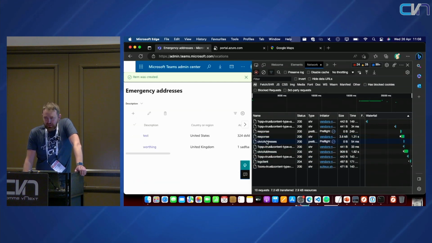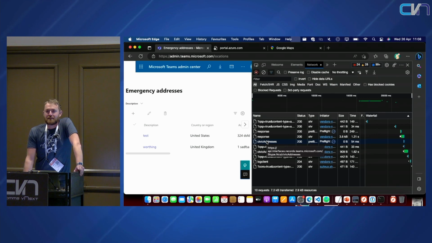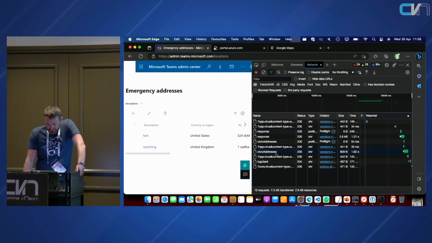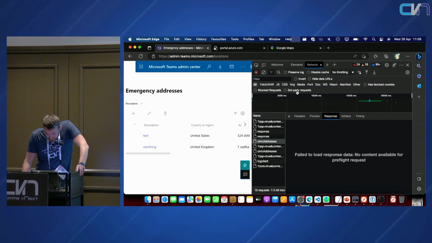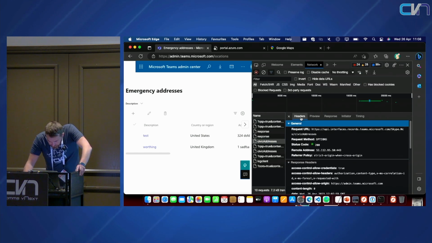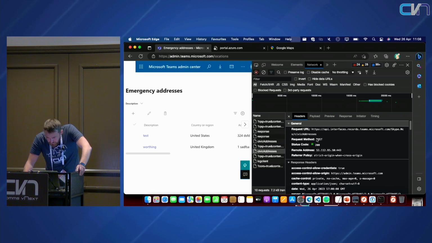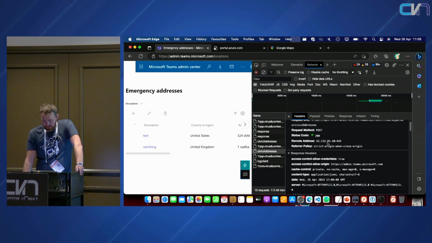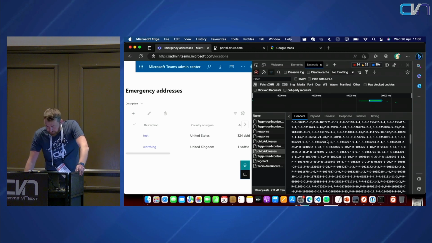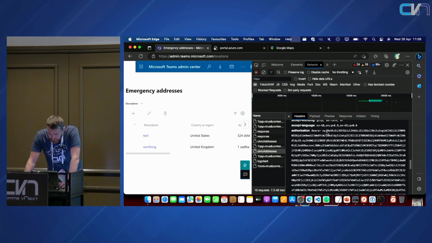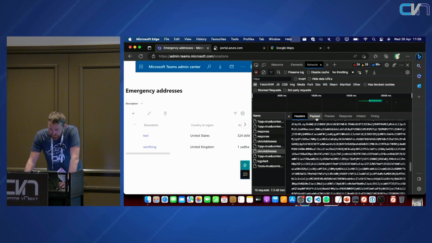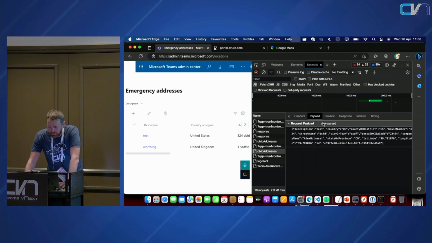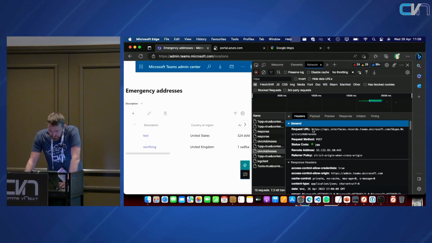And how many know about Graph API and what API calls do? A couple there. So if you take a look at this one in the header, this is the options request, but we want the post one. And here you can see the request URL goes to a private Microsoft API. It's a post request. And if we scroll a bit further down, you can see an authorization token. If we go to payload, we can also see the JSON request that we need to send to that endpoint. So if we copy the URL,